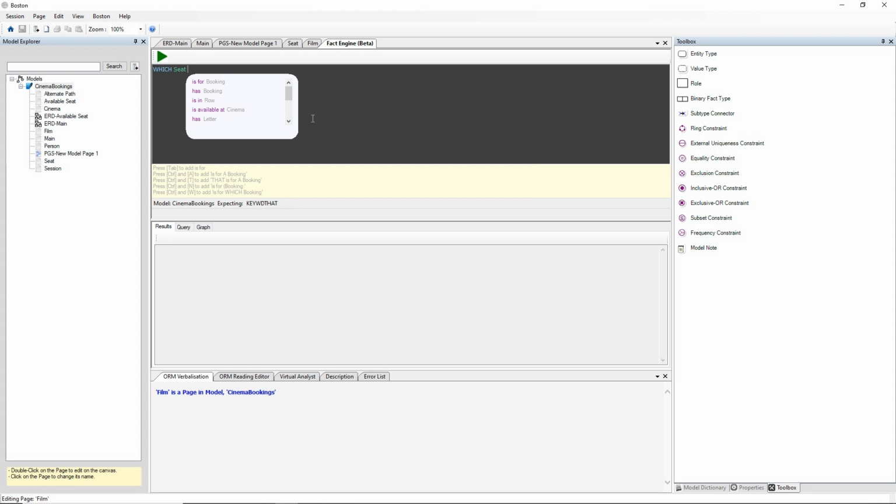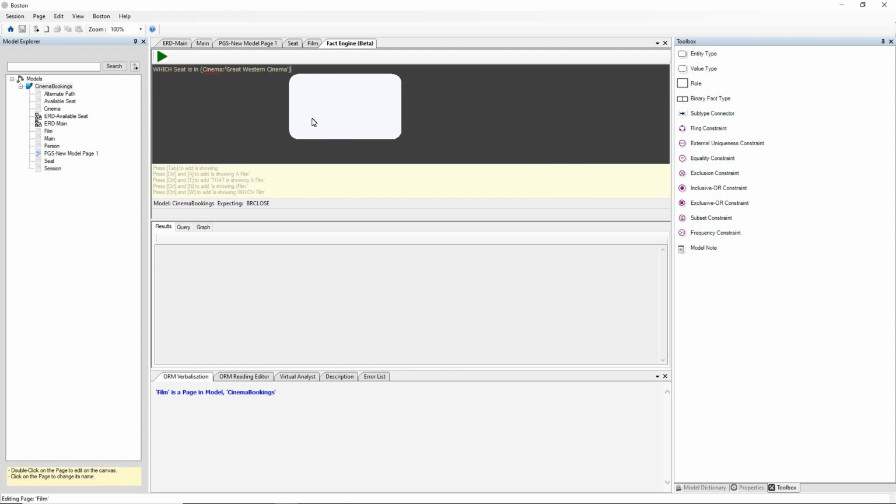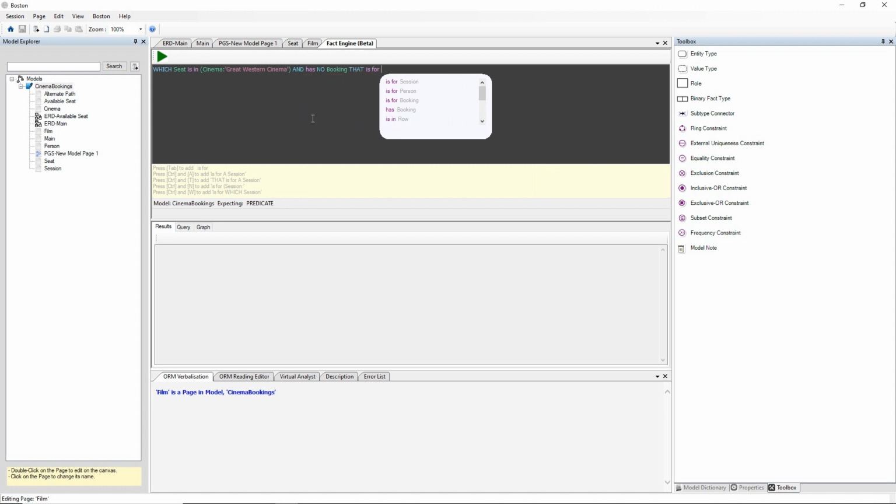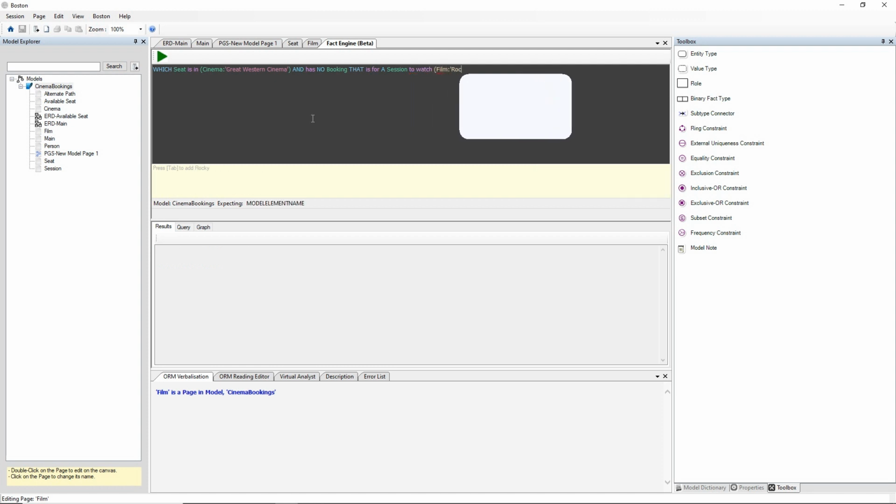So we want to say which seat is in cinema Great Western Cinema and has no booking that is for a session to watch the film Rocky